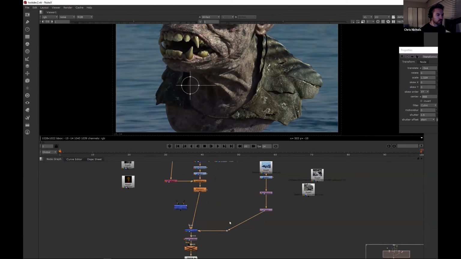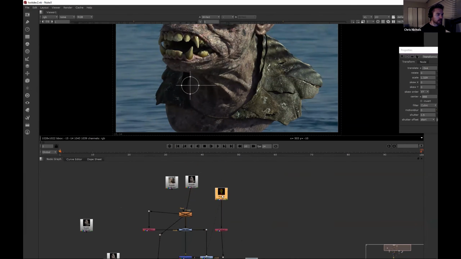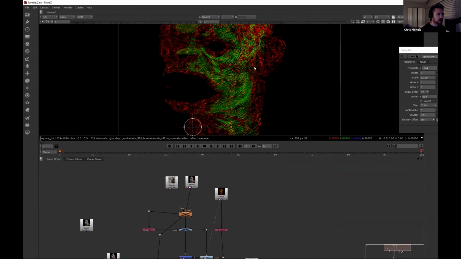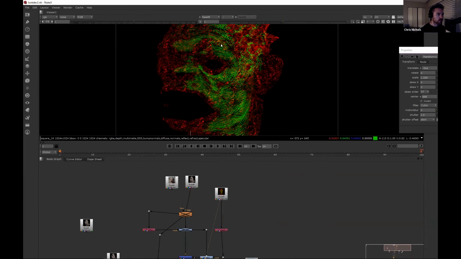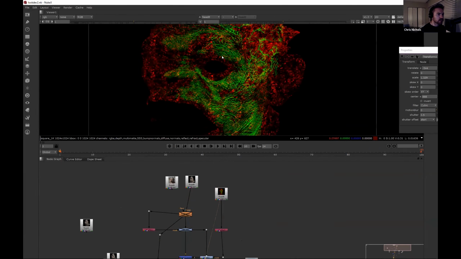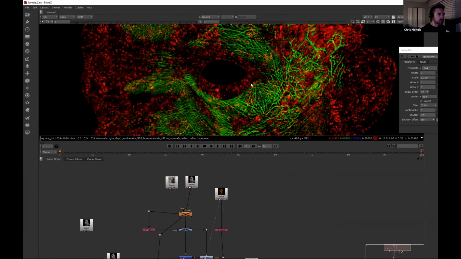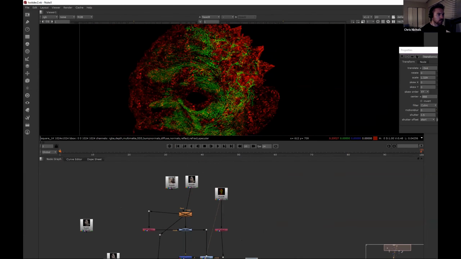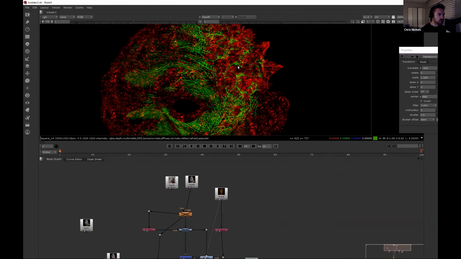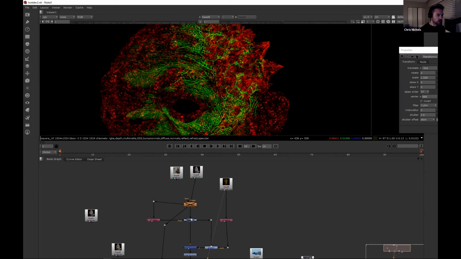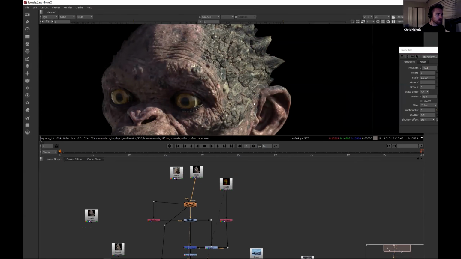Just as an example, I have a mask that I created inside of Mari that looks like this. And this is an isolated red and green channel. The red is describing the dry skin, and the green is describing all the dry skin between the layers, between the folds of the skin and the scales. So what I can do in here, if we just go over here. This is what it looks like as a raw render.